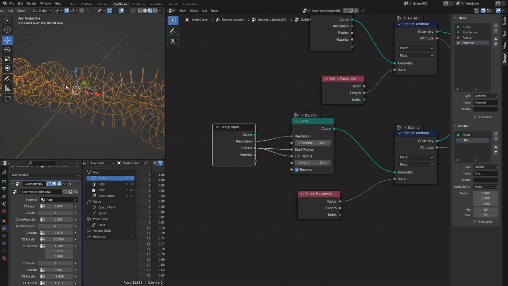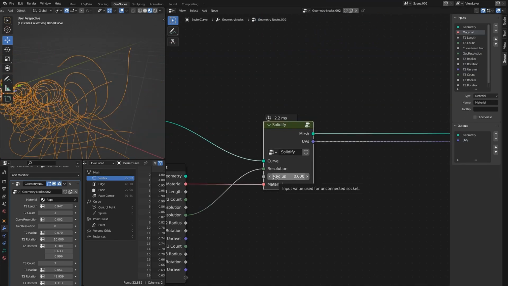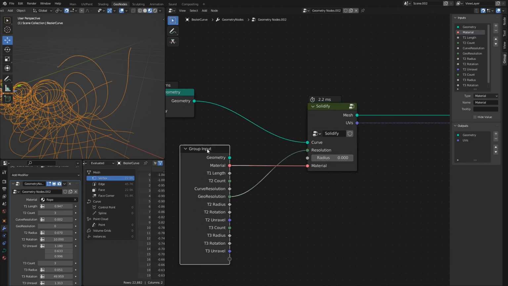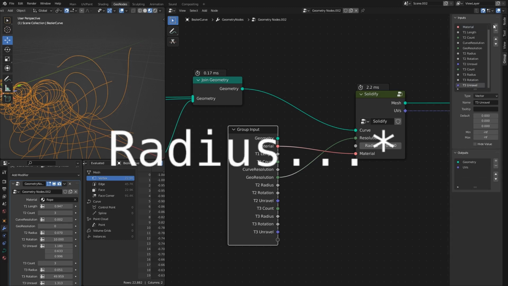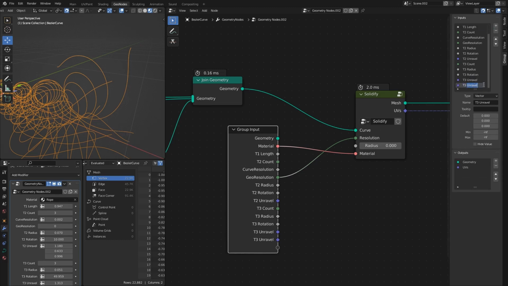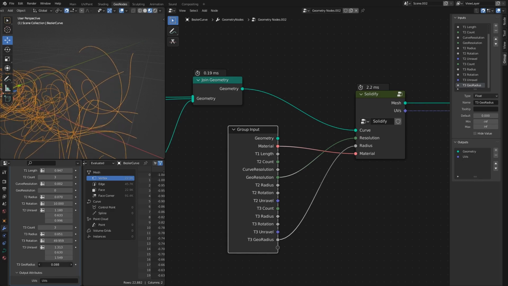And with all of this done, we'll notice that there is nothing happening here. What's up with that? Here it is. I forgot to give it resolution. Yeah, that's probably bad. And we're going to want to have control for the resolution on the outside. So technically this will be the resolution of the tier 3, so I guess we can name this tier 3 radius. But to separate it from the other radius, it will be geo radius, where the first one is the spline radius. Set this to a float, connect this up, you give it some value,